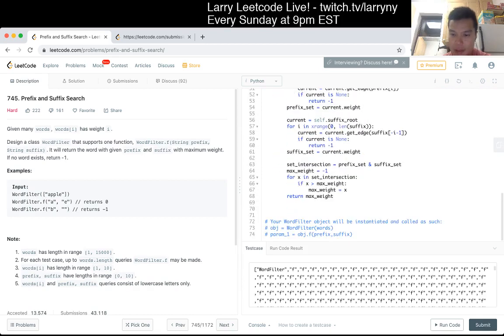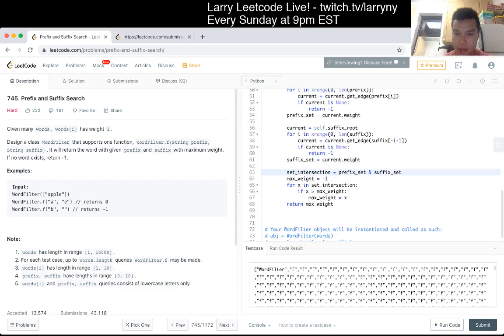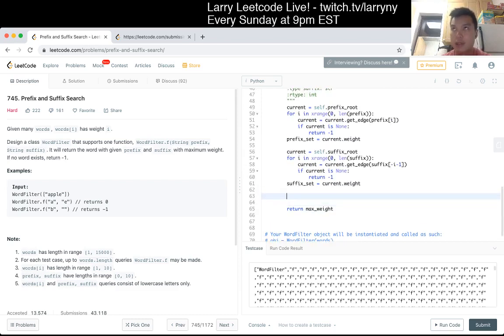Except for this part. Now you have two arrays, and you want to start from the bottom. Yeah, you don't even need a heap, because it's already sorted, because we add them in order. Okay, so then now we can do something like